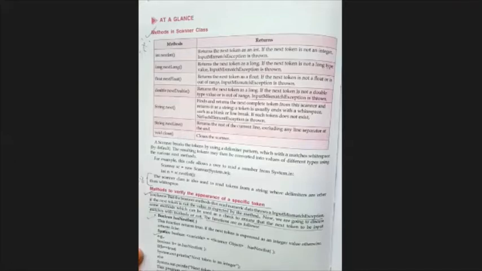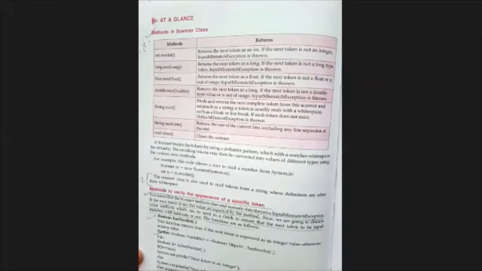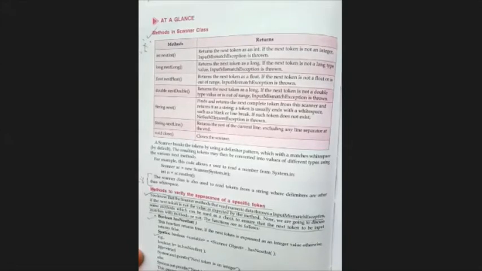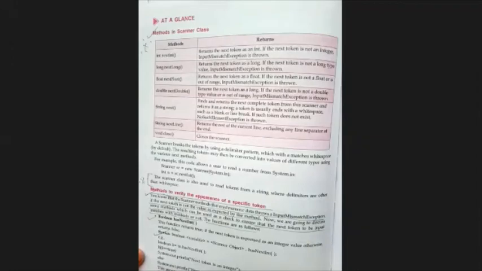Somebody was asking me what a carriage return is. If I have to enter 10 numbers, how do I enter them? Do I always give spaces in between them? It is not required; it is not necessary. We can enter 10 numbers by entering the first number and pressing enter. When we have to enter 10 integer values, we always press enter after one number. That is called a carriage return. Carriage return means with enter. Is it clear, Elena?